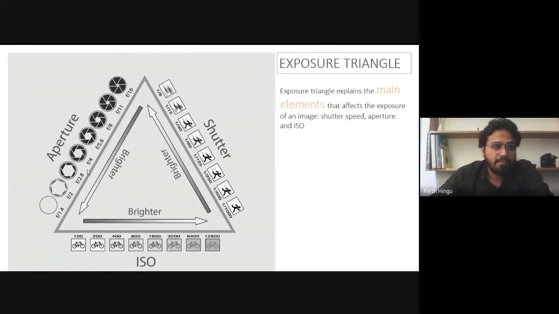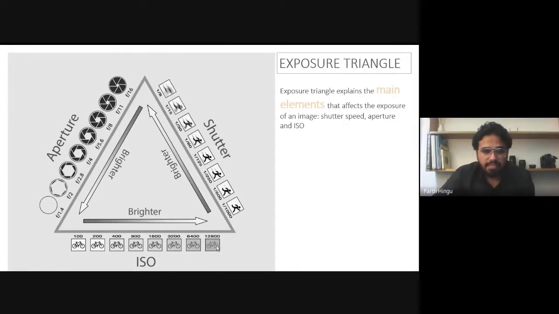When you go to f11, f8, 5.6, and f1.4, the aperture will be very wide, so it will allow more light. When you decrease the number, it will allow more light. It is the same with the ISO: it will increase the brightness, but it will also degrade your photo.